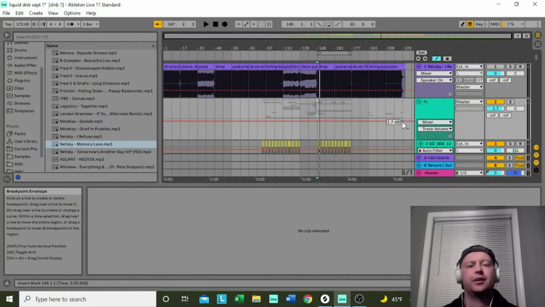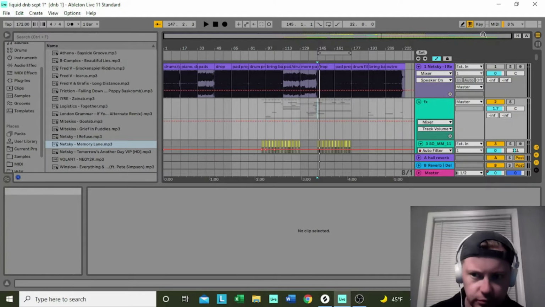Alright, first things first, I want to use a reference track, and I put it at the top of my arrangement, and what I do is I break up the track, so I know what elements are in which part. I use a reference track which is like what I want to create. So you don't have to copy every little detail, but it helps, and it's got a structure there which you can follow if you do get stuck as well. So I'll just show you what I have done here. So with the track